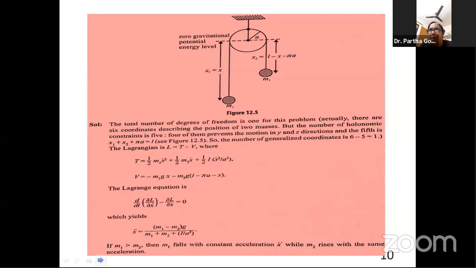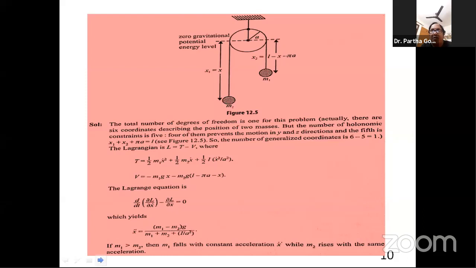There are 4 of them which prevent the motion in y and z direction. And the 5th one is that x1 plus x2 plus pi a should equal L. So there are 5 constraint equations, 6 coordinates to locate masses,